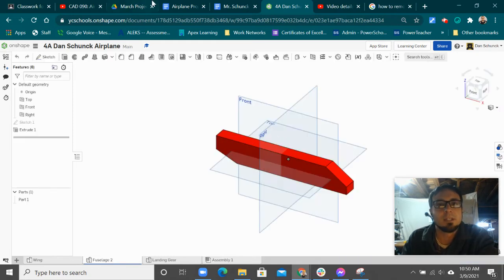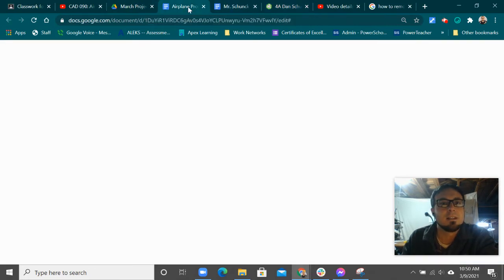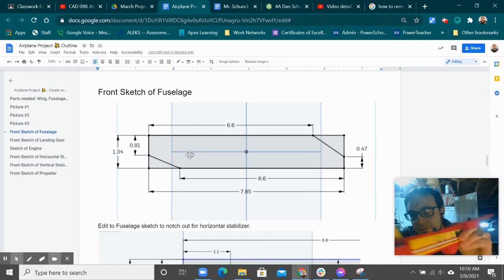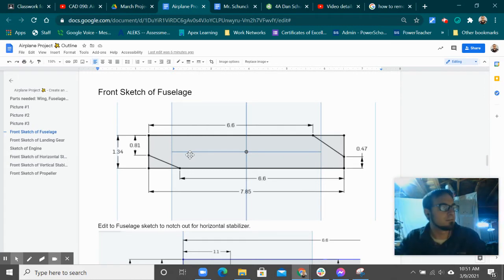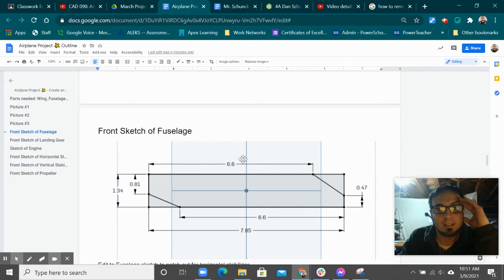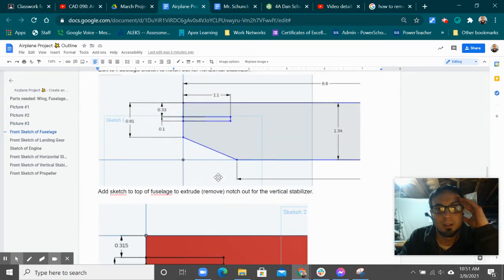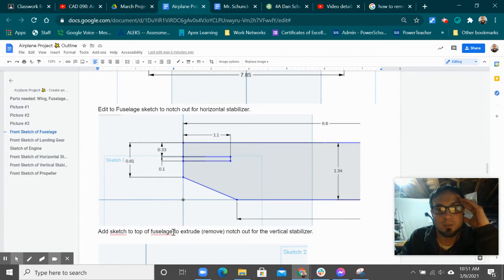But as we go later on, you're going to see that we need to have some notches cut out here for, see, in the real airplane, the fins or the stabilizers go and kind of fit into these notches. So we've got to apply these notches. And in the outline of this, I've included a couple sketches that we're going to actually work through right now. So we're going to go back to sketch 1